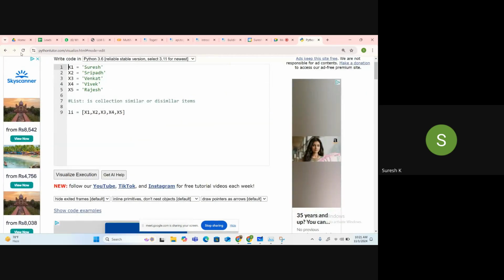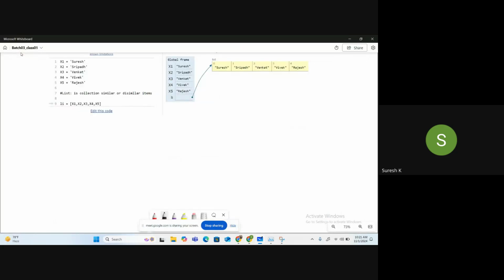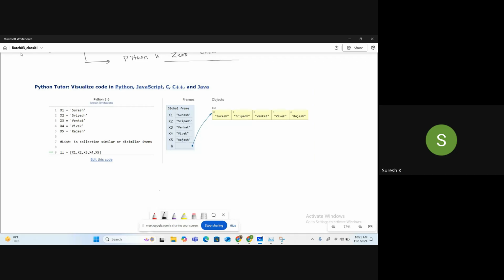So if I want to access an element, for accessing an element, you can see here 0, 1, 2, 3, 4. These indexes are referred to as positive index.